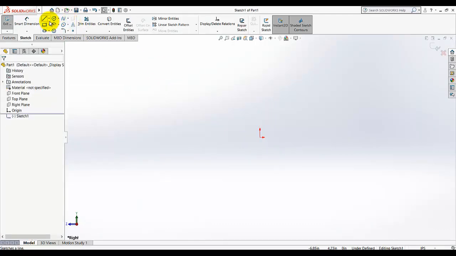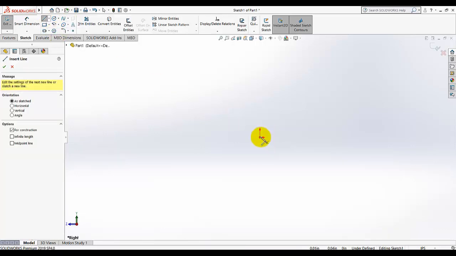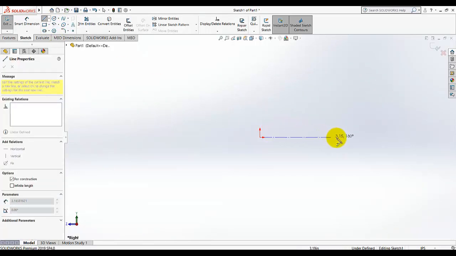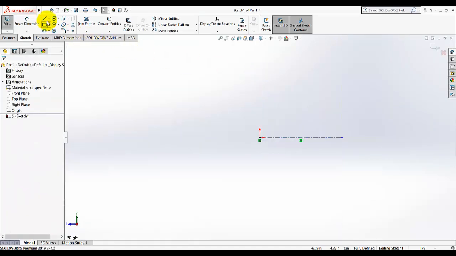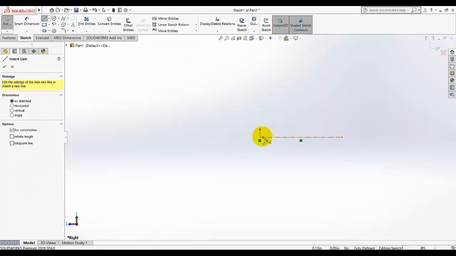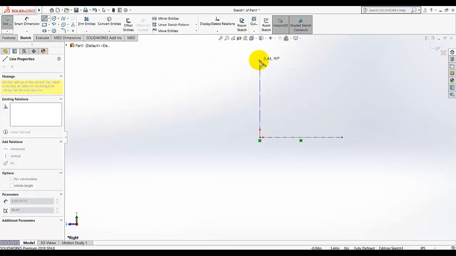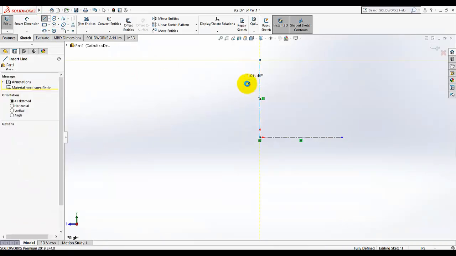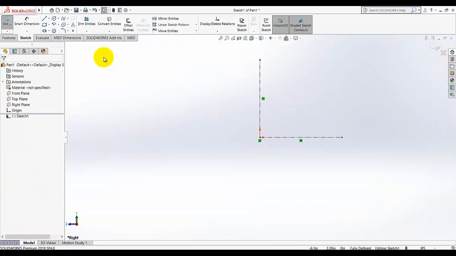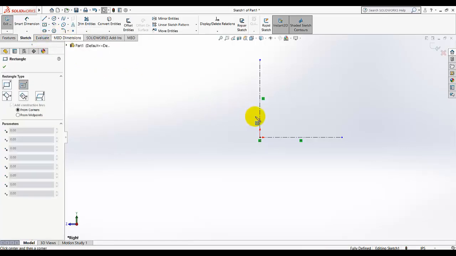Sorry, this center line was not going to start on the origin, so select the center line, select this point, the origin, and draw a horizontal line, and then again I am going to draw a vertical line. So now I just drew these two center lines,